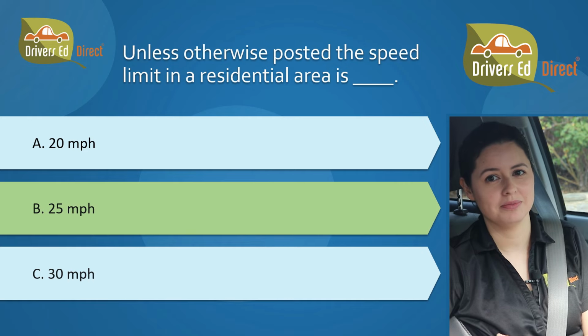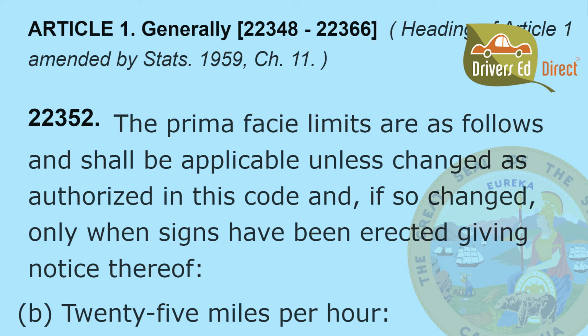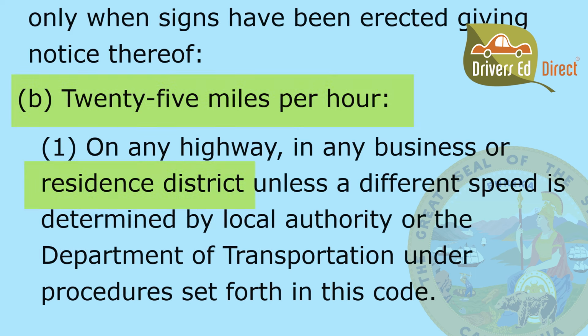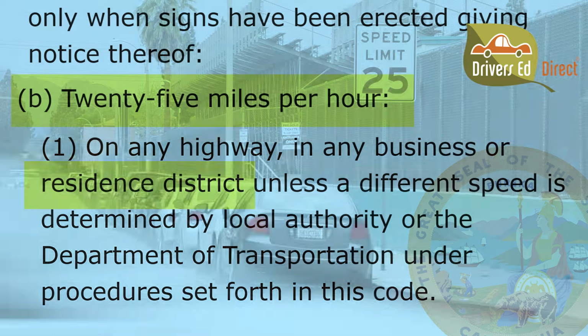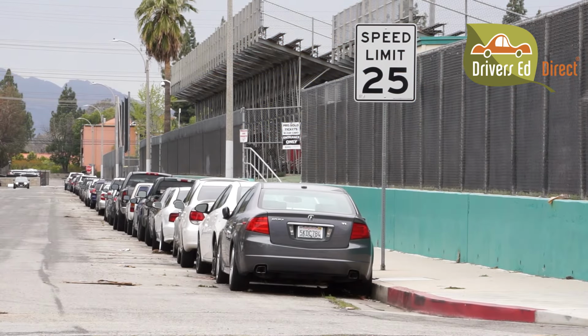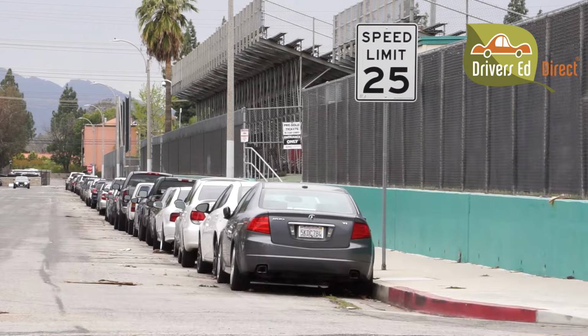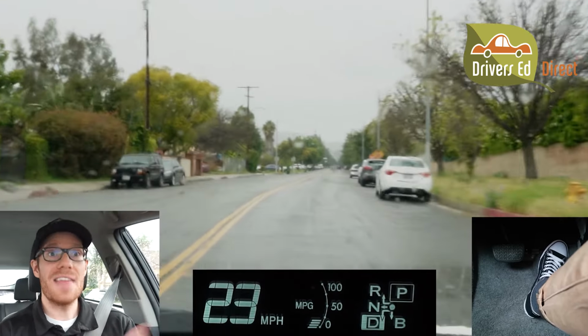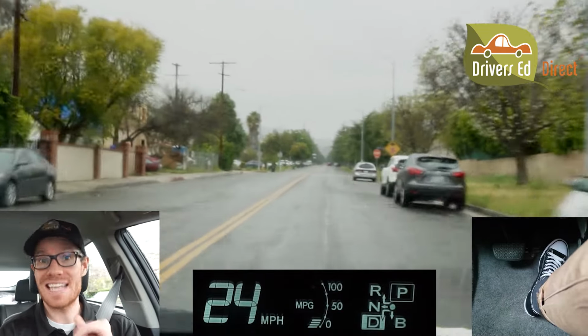25 miles per hour. According to CVC section 22352, prima facie speed limits, the speed limit is 25 miles per hour on any highway, in any business or residence district, unless a different speed is determined by local authority or the Department of Transportation under procedures set forth by this code. In other words, the speed limit in a typical residential neighborhood is 25 miles per hour. Half of your in-car test is on residential streets, so make sure you don't exceed 25 miles per hour unless